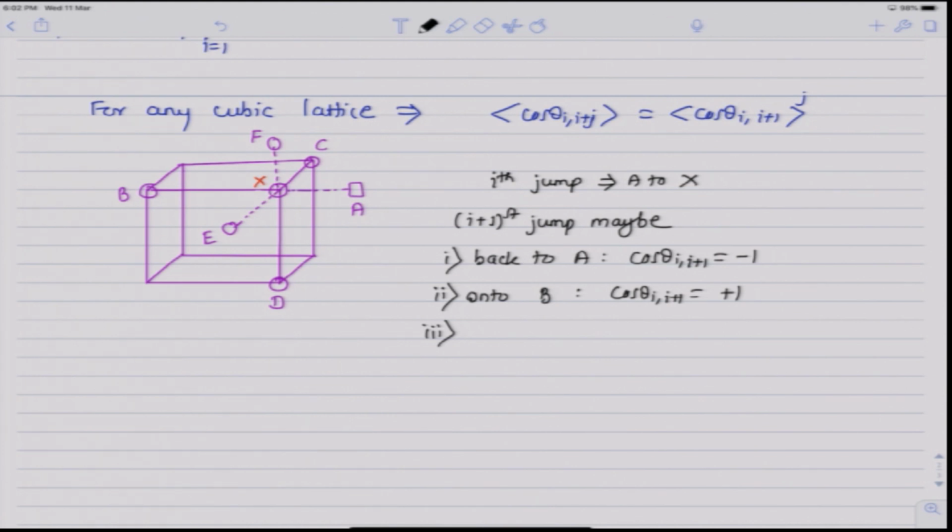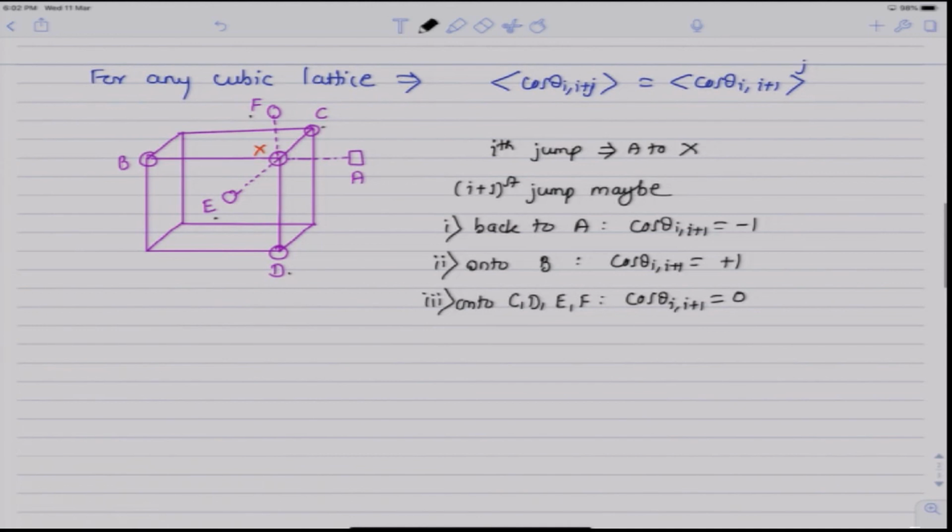into one of these 4 sides C, D, E and F, for all of which cos theta i+1 would be 0, because these jump vectors would make an angle of 90 degrees with the first jump vector A x bar. So, if we find the average of cos theta i+1 here,